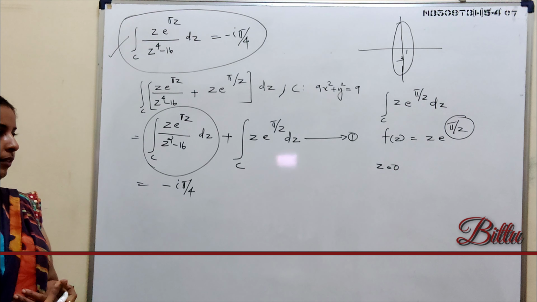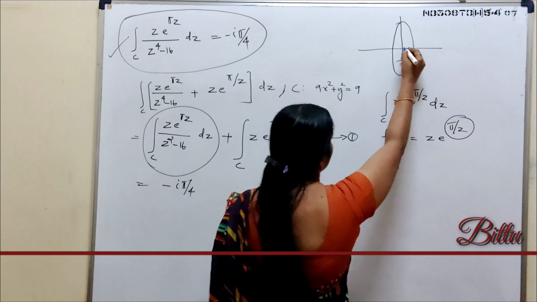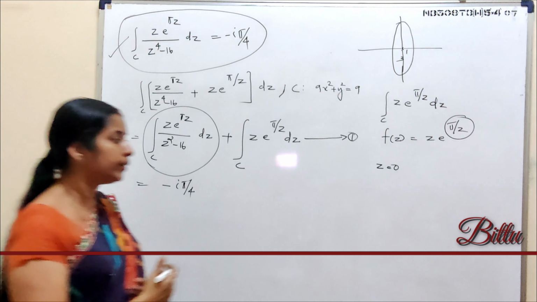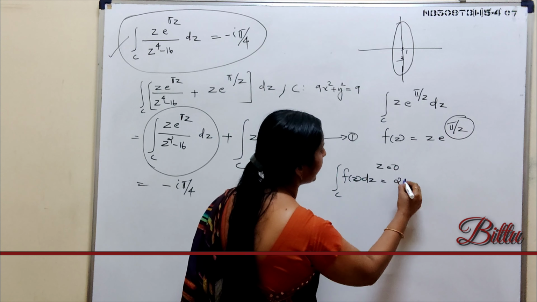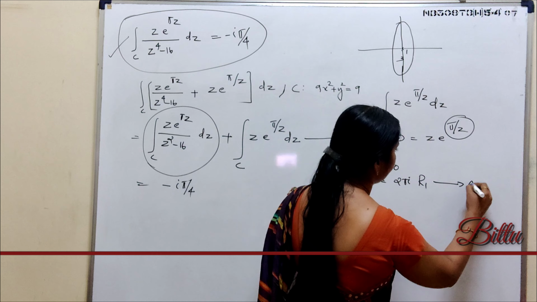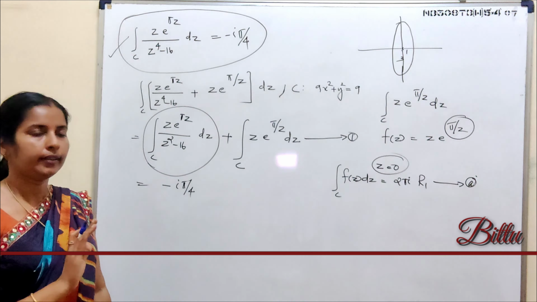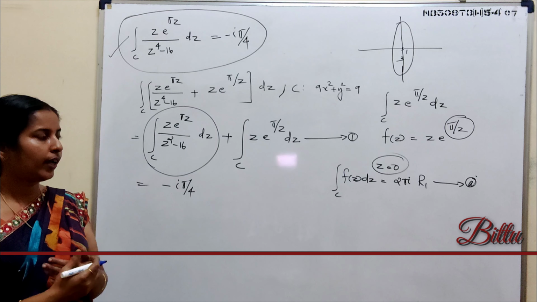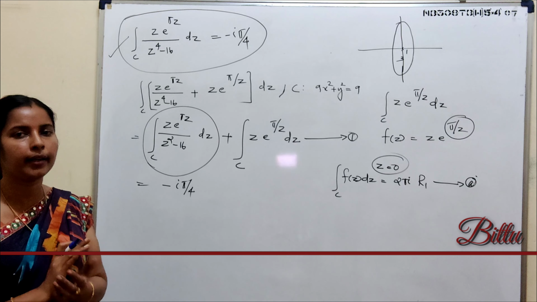Next you have to check whether the singular point is inside or outside of C. Clearly 0 is here, so it is a singular point which lies within C. So by the same theorem, integral over C of F(z) dz is 2 pi i into R1. So here we have to find R1. See, 0 is not a pole, so we can't apply those results. In the previous questions, we found residues using those results, but they are only for poles. Here it is not a pole, so we can't apply that result.